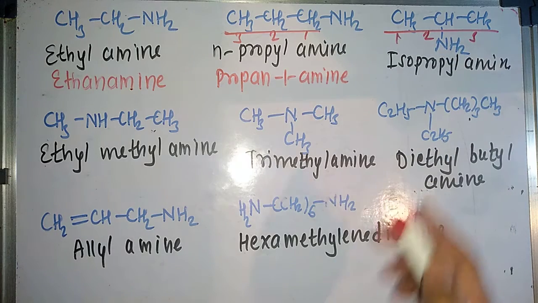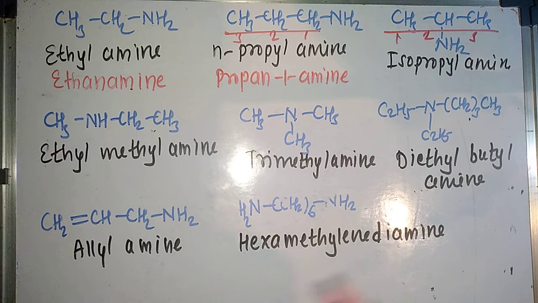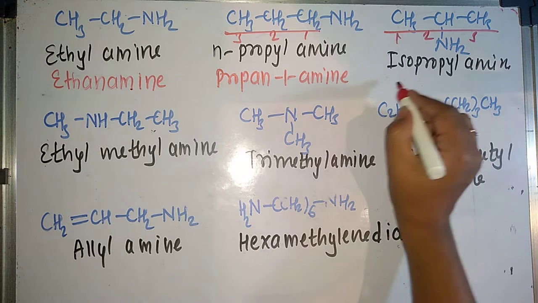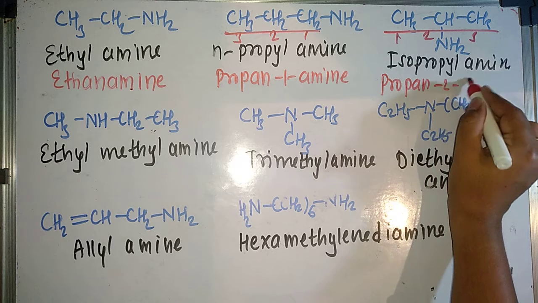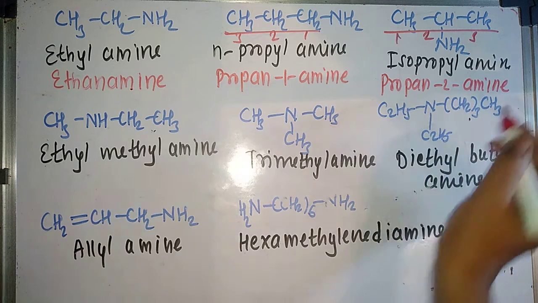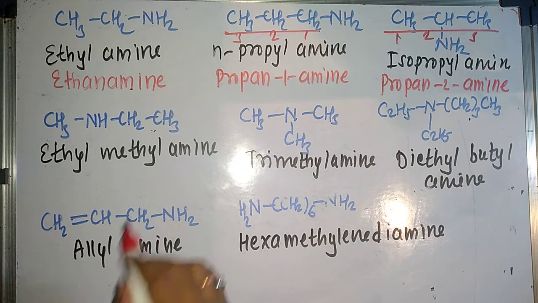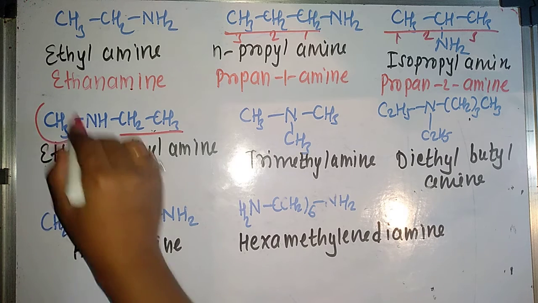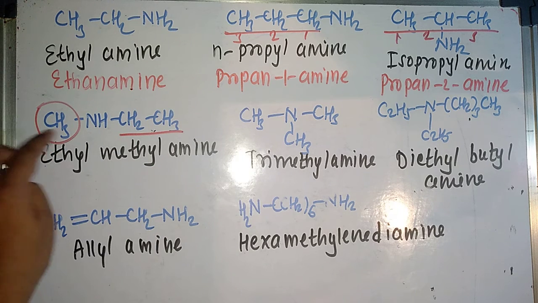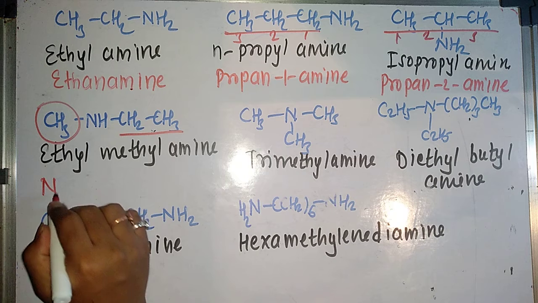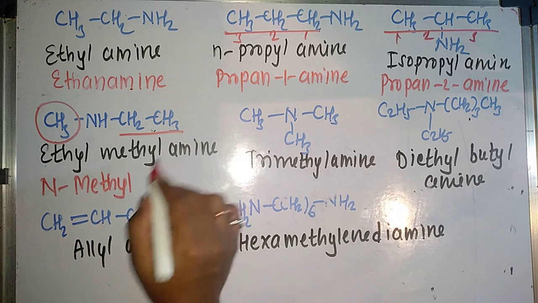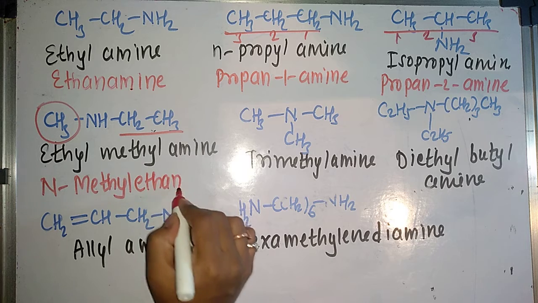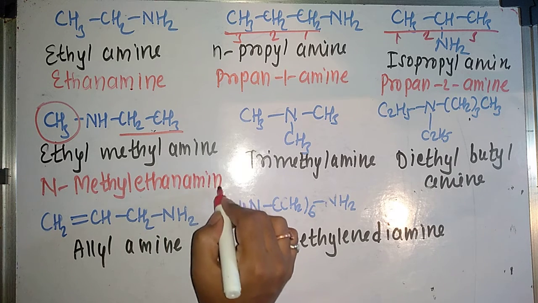Here again this is the longest carbon chain. I will start numbering from any end of the chain, because from both ends I get the NH2 functional group at the second position. So I have a total of 3 carbon atoms, and the 3 carbon alkane is propane. At position 2 I have the amino group, so the name will become propan-2-amine. In the same way, this is the longest carbon chain, so no doubt this will be the substituent. Since this substituent is attached to the nitrogen atom, I will write its name as N. The substituent is methyl, so it will become N-methyl. The 2 carbon alkane is ethane. Replace e by amine, so the name will become N-methylethanamine.